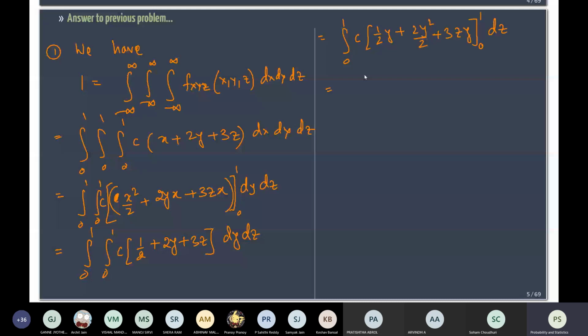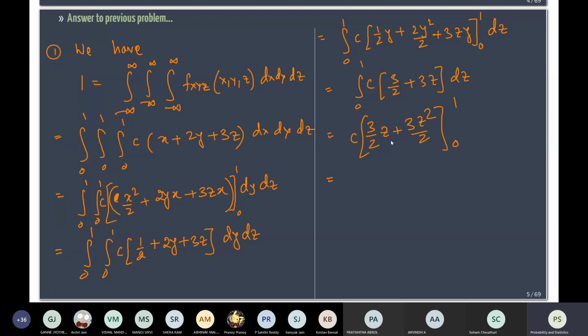If we do this, then 1 plus half is 3 by 2, so we have C times (3 by 2 plus 3z) from 0 to 1 left. It's a matter of integration only. So now let us do the final step, where we have C times (3 by 2 z plus 3 z squared by 2), from 0 to 1. So if we put 1 here,